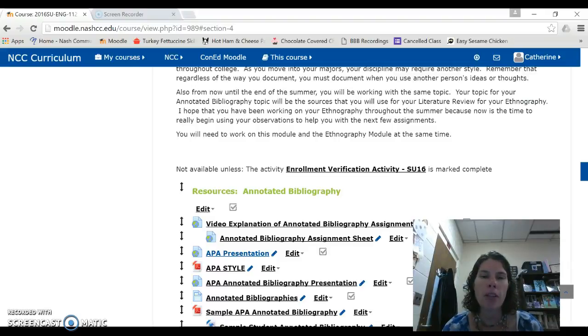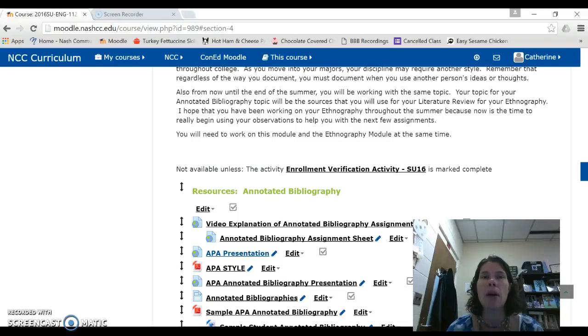Okay, now you have learned that your annotated bibliography, your ethnography, and your media project all require APA format. And if you've never done APA before and you've not heard of it, you may be wondering to yourself, what is APA and how is it different from MLA? So you will have to do an activity, creating a Venn diagram where you look at the differences between MLA and APA. They are two different documentation styles,